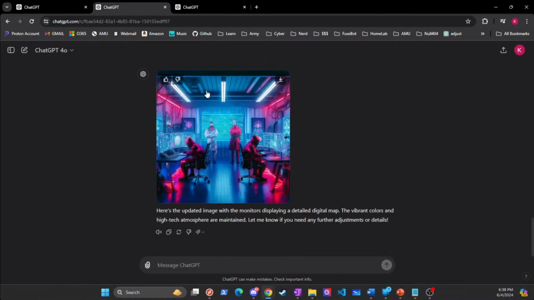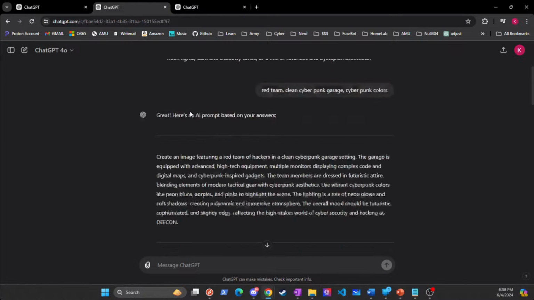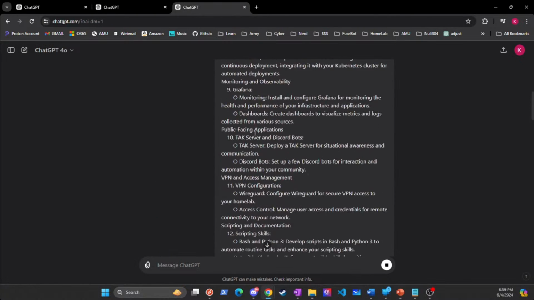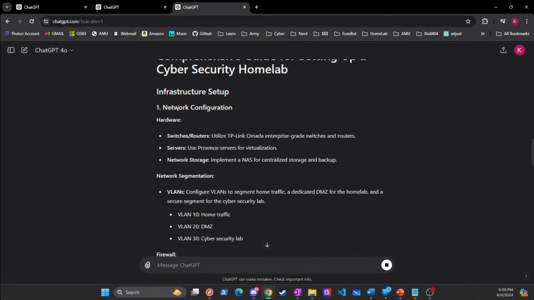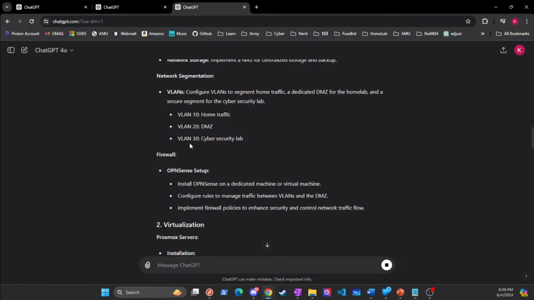Again, kind of using the picture as an example, right? I don't know what I want to make, but I'm not going to answer 30 questions here live. That'd be super boring, and I agree. But the output of that result, whether I want to use NAS or whatever the case is, and what those different things are, here we go. I'm going to use TP-Link. That's some stuff I have at my house. Proxmox. I wanted everything to be open source because I don't want to pay for anything.